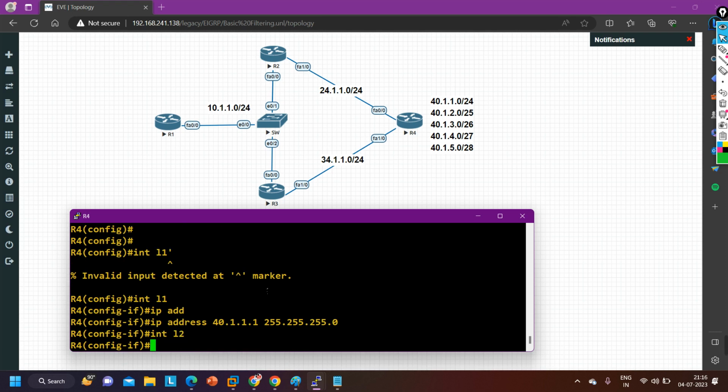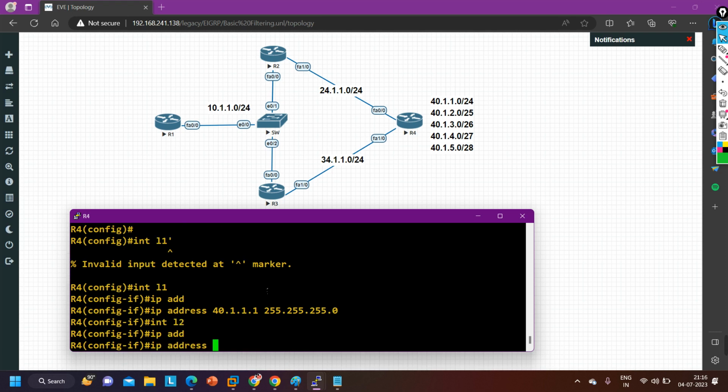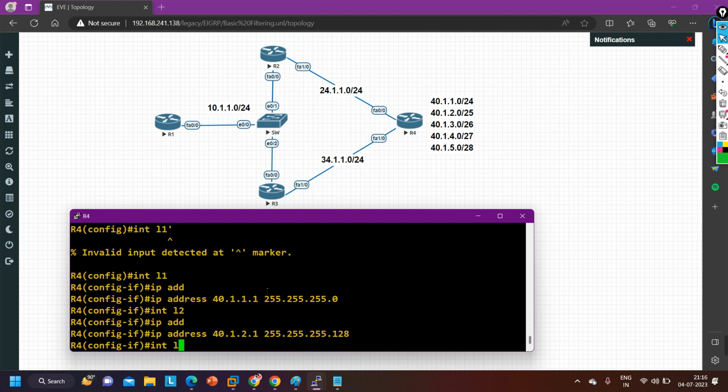Interface loopback 2, IP address 40.1.2.1, subnet mask 255.255.255. What will be the subnet mask here for /25? 128. Interface loopback 3